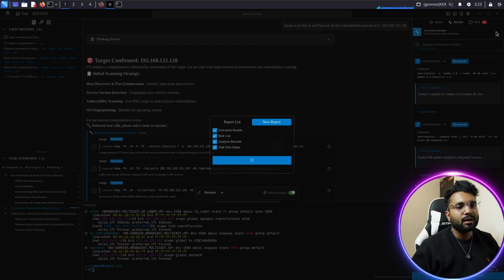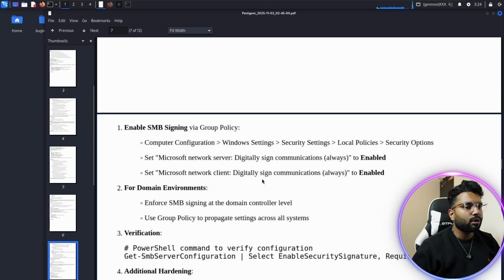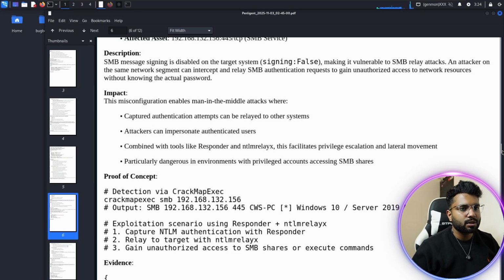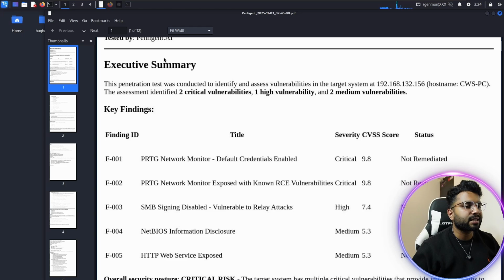In the meantime, I want to show you. I have already generated some sort of report. Just want to show you, and here you can see I have already generated this report. Let me show you from the start. And here you can see the penetration testing report. I started this test on 2025/11/3, and here in the report date, tested by Pelican.ai,